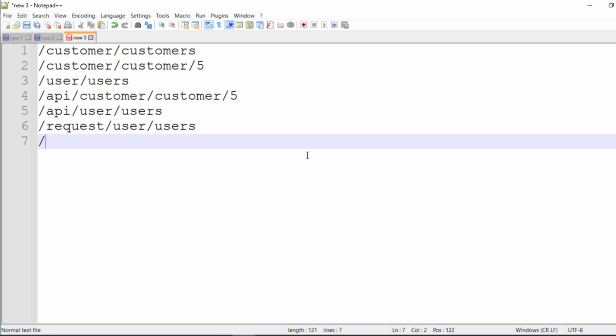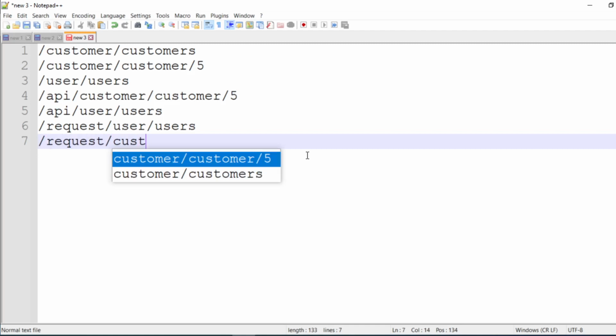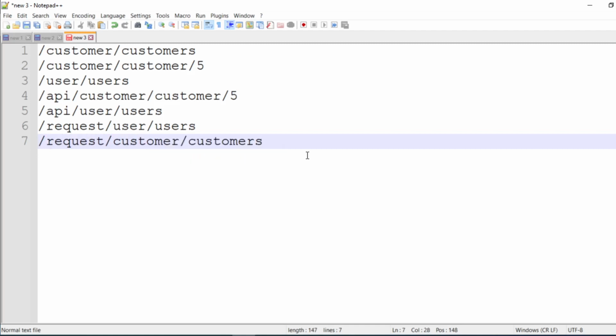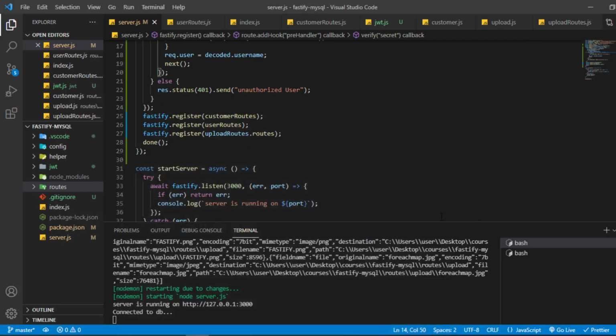So how can you do that in Fastify? I'm going to show you how we can get this in Fastify. It is very easy and takes only one minute.